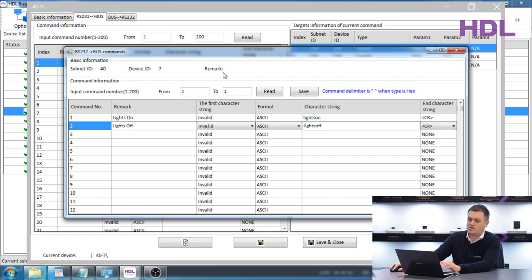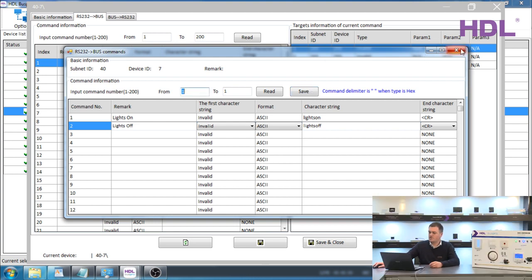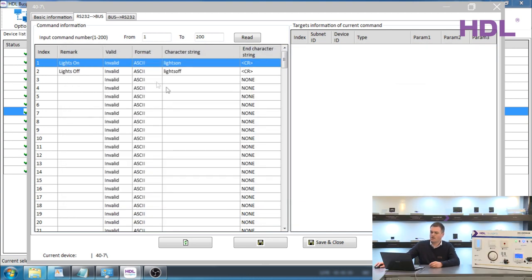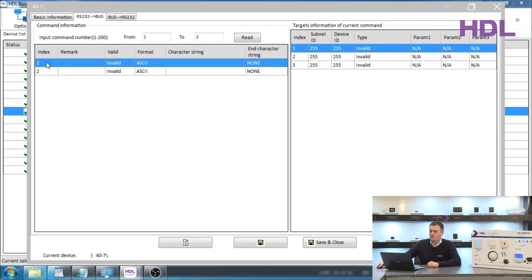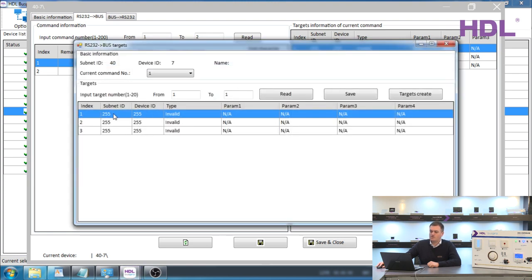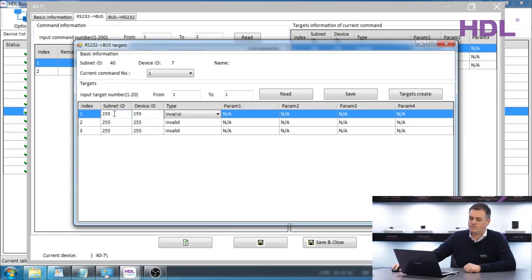When you have finished inputting all the strings that it should recognize the text, press save. When it has finished saving, come back to the main screen. I will change this to 2, seeing as we are only using 2. I will press refresh. When you press it, on the right hand side, you can create the command on the HDL bus. For example,